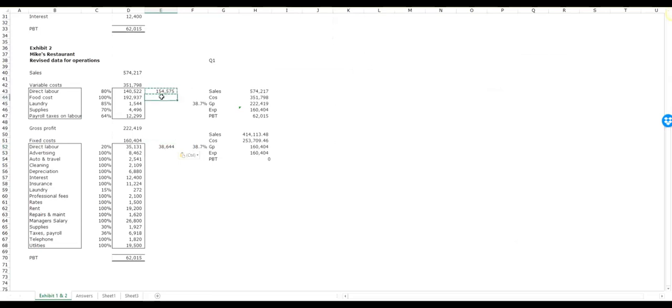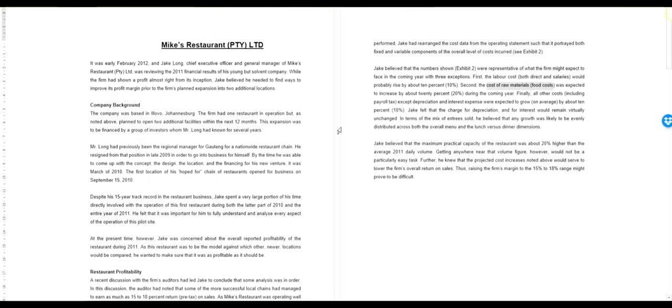Okay, so there's our food cost. This is equal to that times 1.2. There's the 20% increase in the food cost. Okay, making progress here. And the third part was, finally, all other costs, including payroll taxes, except depreciation and interest